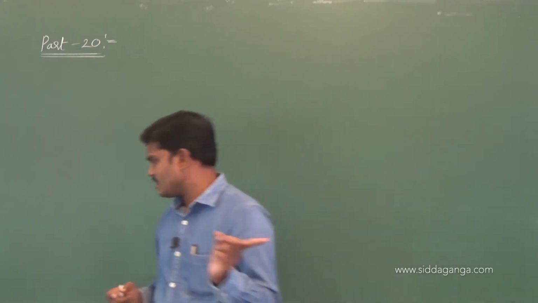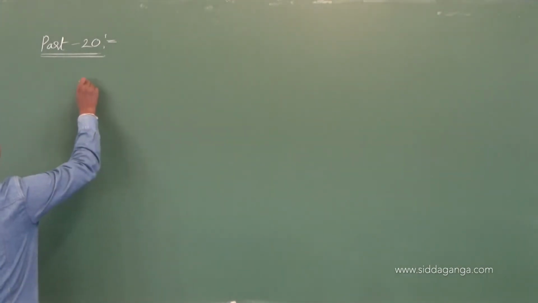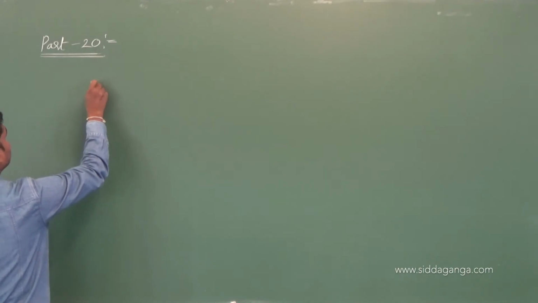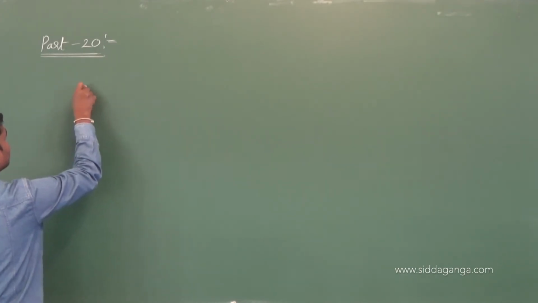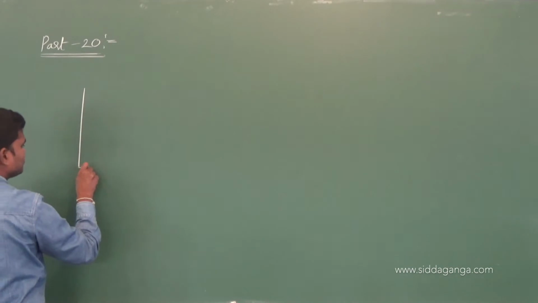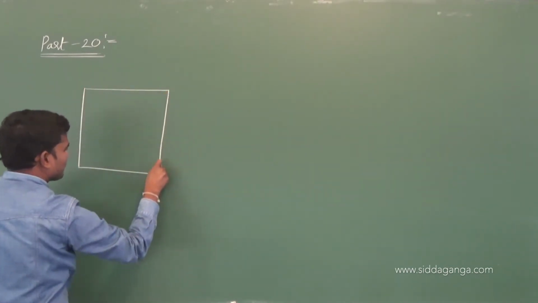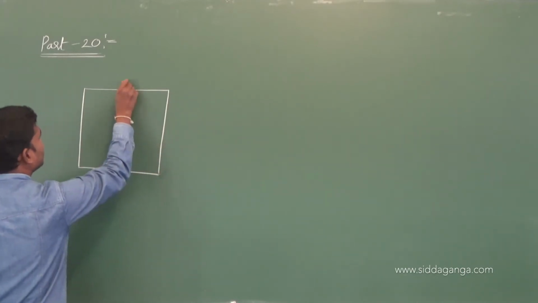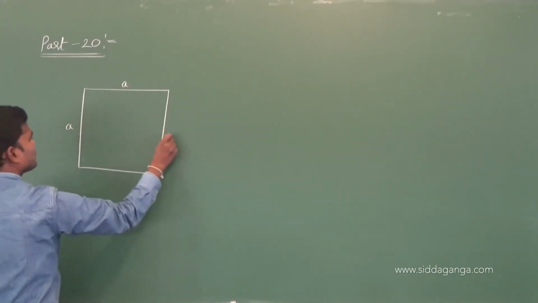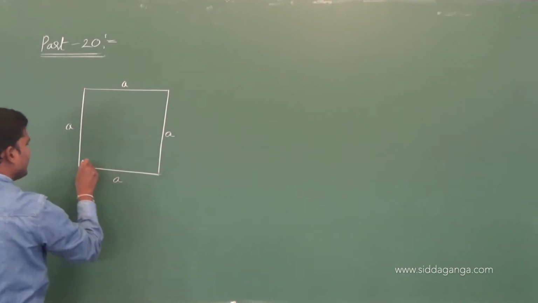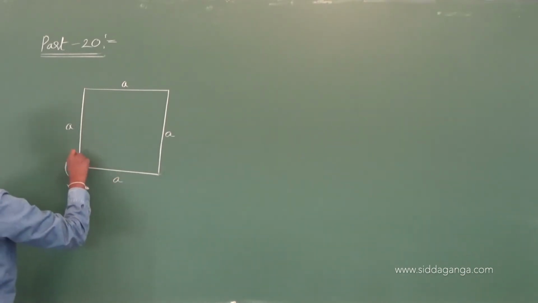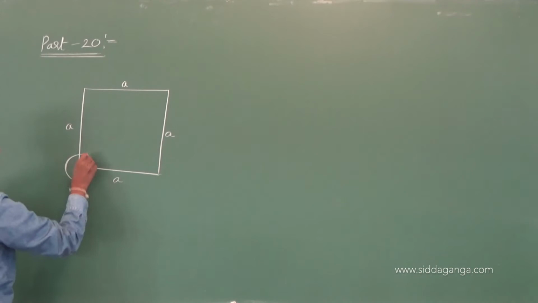Let us see, according to the question, what they have given is four solid spheres. They are joined to form a square. See, this is the square. Simple question. This is a square whose side is mentioned already as A, and here one solid sphere is placed whose radius is r.